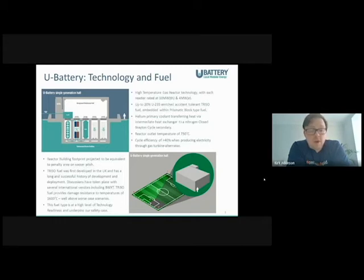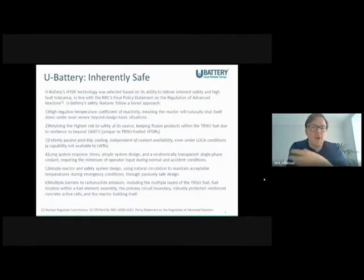And TRISO fuel is very resistant to temperature. So even if the system heats up really hot, it won't melt. So meltdown won't happen. So there are lots of inherent safety aspects with this that exist. And it has the ability that natural circulation of gas around the system will provide